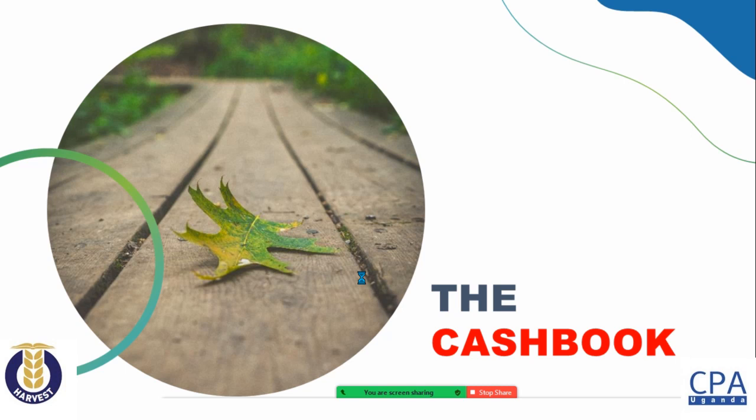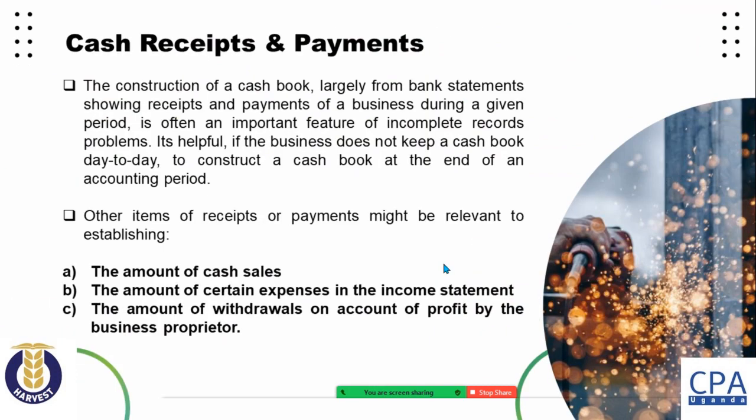The cash book under incomplete records will help us in indicating the cash receipts and payments. So we are saying on the slide that the construction of the cash book, largely from bank statements showing receipts and payments of the business during the given period, is often an important feature of incomplete records. Here we must prepare the cash book. We must construct this at the end of the accounting period,